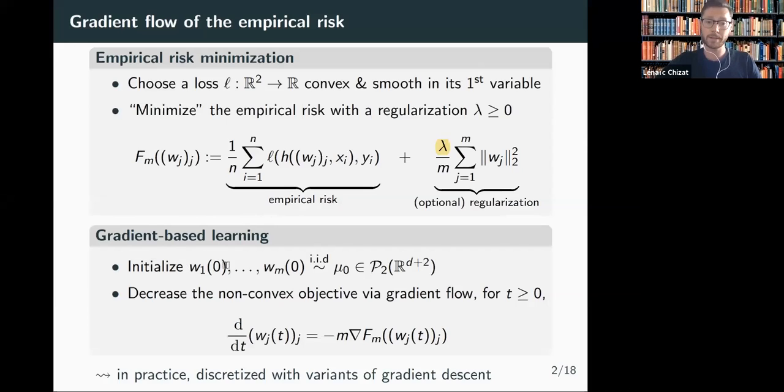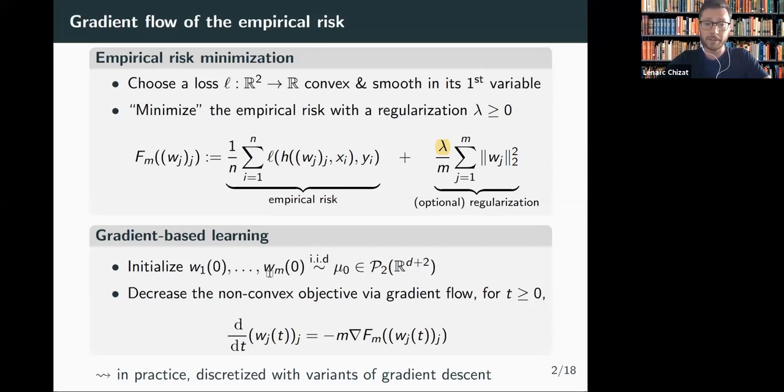We initialize the weights with an IID sample from a distribution mu0. So this is a distribution on the space of parameters. If you remember, it's R to the d+2. And each of the units of our neural network will be initialized randomly. And we choose a specific probability measure on the space of parameters for our initialization, which has to have a finite second moment. So that's why I wrote this little 2 here. And this second moment condition is related to the true homogeneity of the function phi, and also of the true homogeneity of the regularization term when it is present.